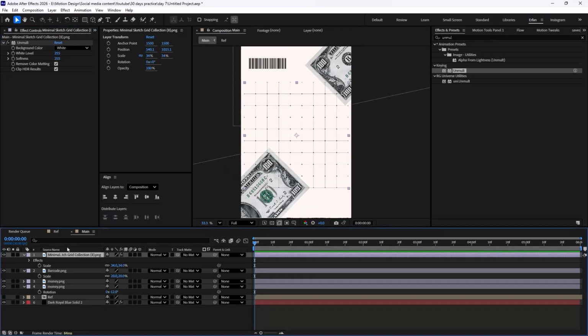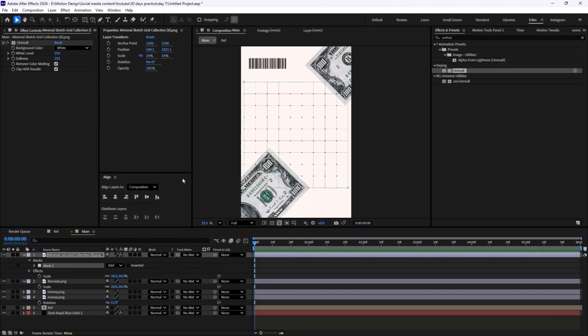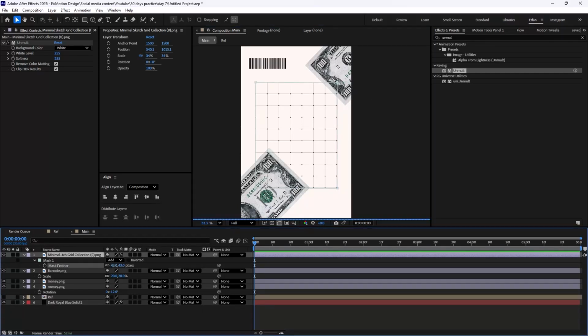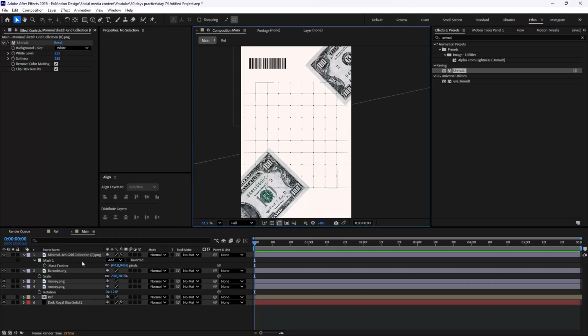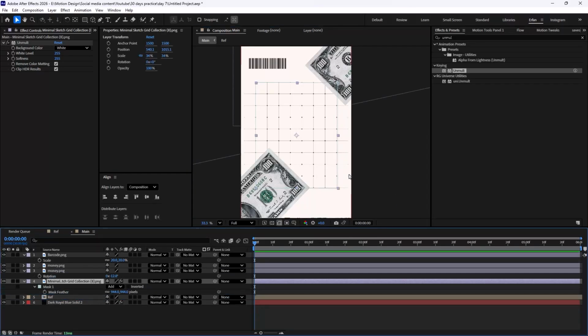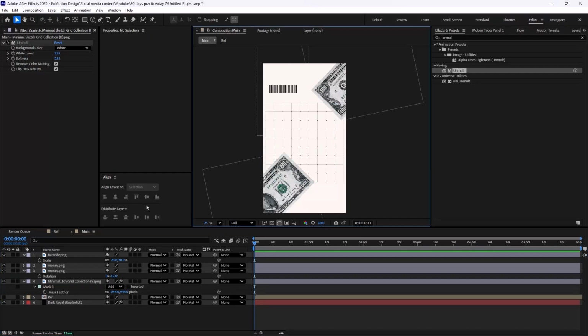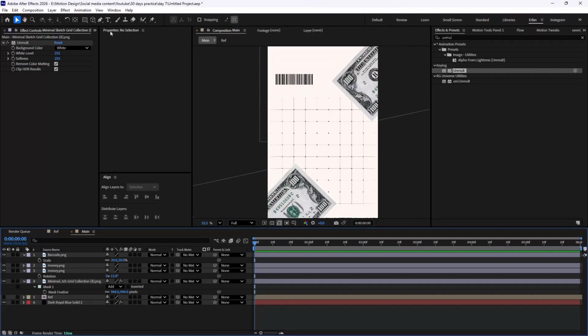And then I'm going to select the layer and double click on the shape tool to create a mask. I'm just going to set the mask like this, and then I'm going to press F to open the feather, and I'm going to feather the mask like this. Alright, this looks good. Let's just bring the feather in here, and this should be our text layers.